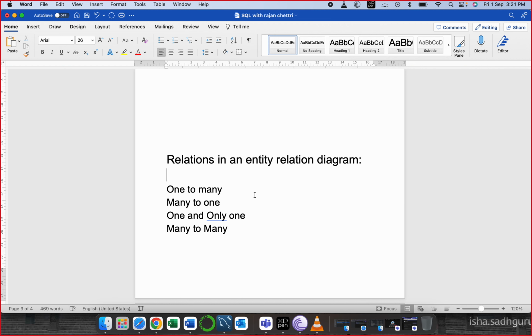So, in an entity relationship diagram, there are these kind of relationships that we have. First is one to many, second is many to one, then we have one to one, then we have many to many. So, how do these relationships work? So, one to many means, let me give you an example of a student and